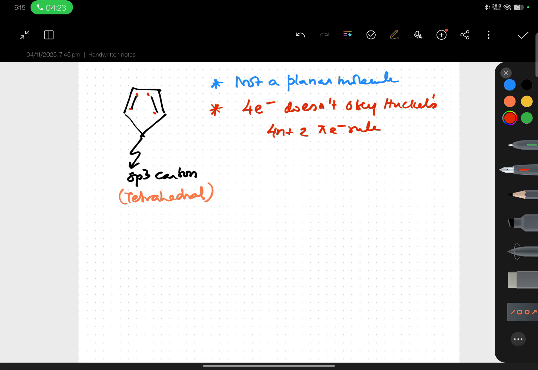So because of these two reasons, this molecule is not aromatic. Don't use the word non-aromatic, it has a different meaning. So you just mention not aromatic. Next molecule,